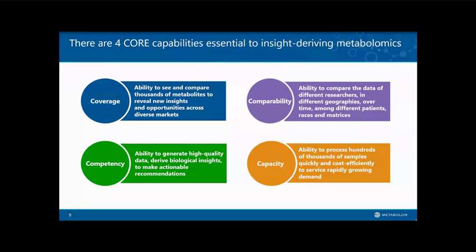It could be somebody looking to identify a biomarker for a specific disease or to be used as a companion diagnostic. It may be an understanding of the disease progression or mechanism of action of treatment. So the insight that you're looking to derive could be very different depending on the type of research, but it is really the combination of these four elements which come together to give you the greatest potential for making those derived biological insights. So these four C's are coverage, competency, comparability, and capacity. And over the next few slides, I'm going to talk about these with greater detail.